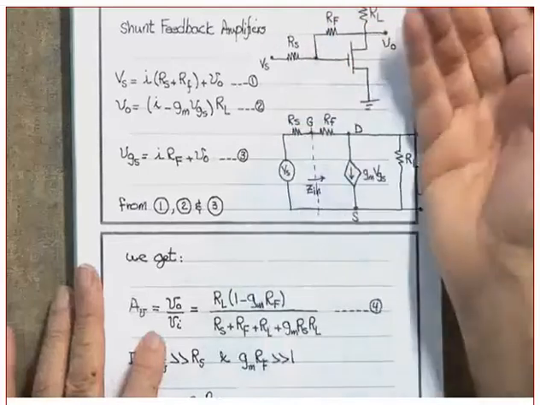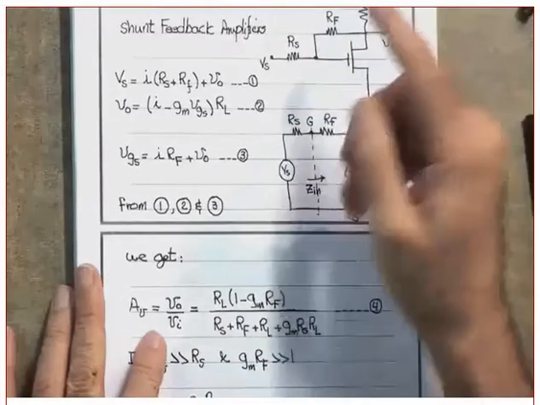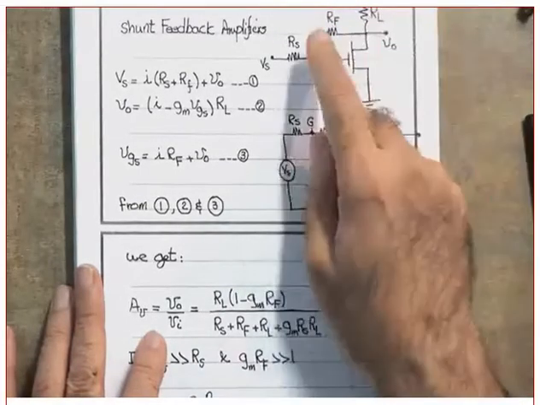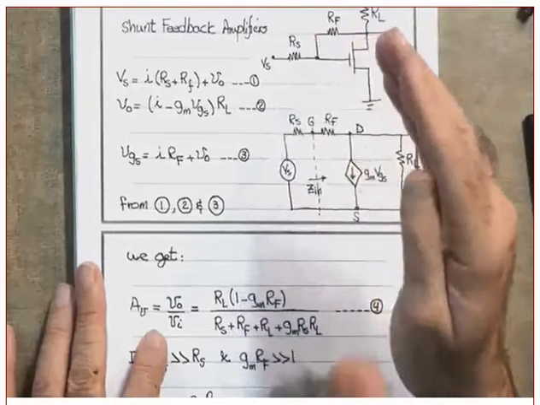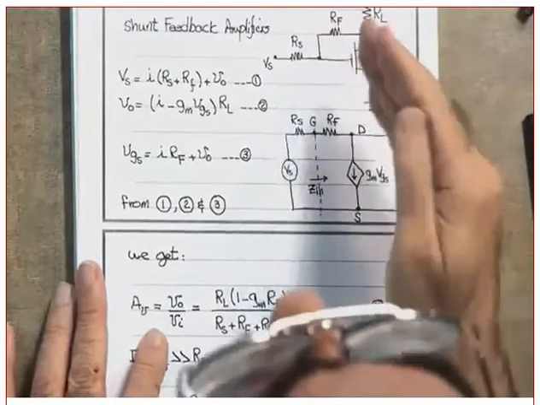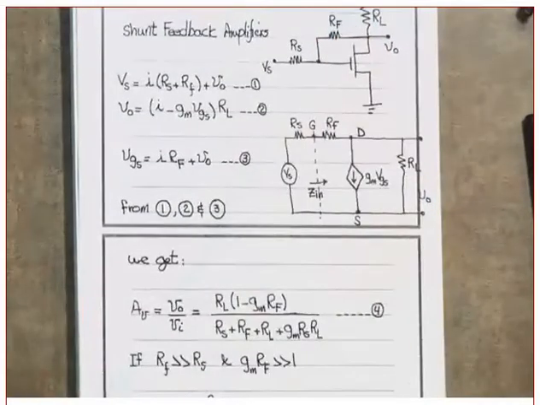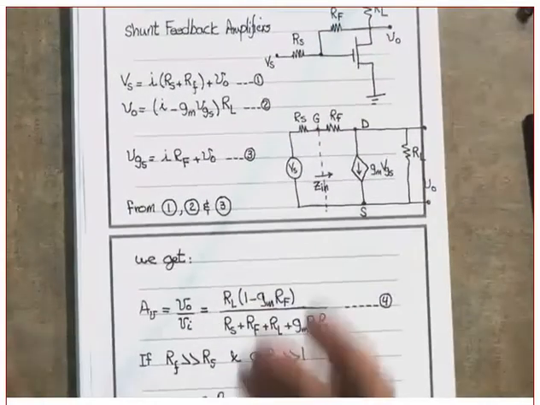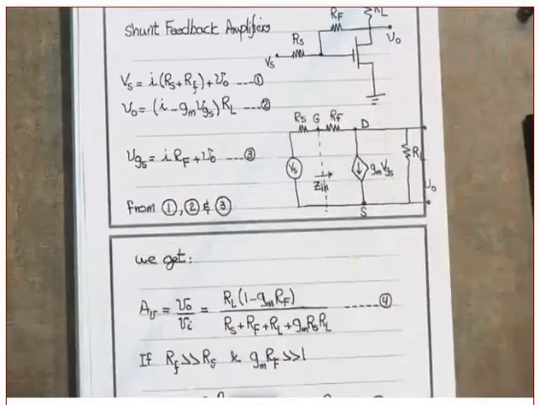Why are we putting it here if the gain did not change? And if this one is going to introduce noise, why are we putting it? If we do not put it, the input impedance will not be real. Are you following or not? Will not be real. So I'm not going to be able to